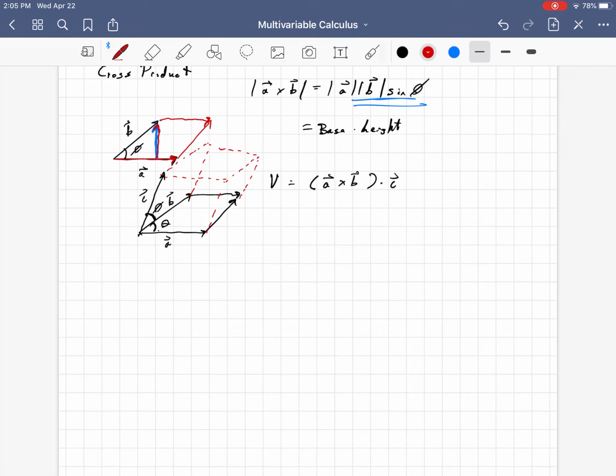This base right here is, as I showed before, just the magnitude of vector A cross vector B, this base of this parallelogram on the bottom here. And if I dot that with vector C,